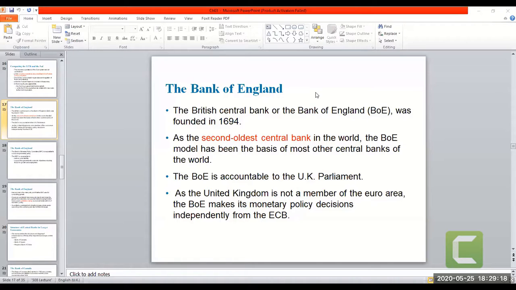Okay. Bank of England is British Central Bank. It was founded in 1694. British Central Bank or Bank of England is the second oldest bank in the world, next to Central Bank of Sweden. So with regard to